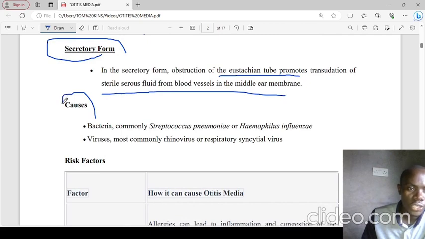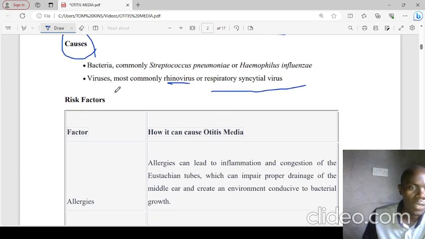The major causes in terms of microbes: the bacteria could be Streptococcus pneumoniae or Haemophilus influenzae. As for the virus, it's mostly the rhinovirus or the respiratory syncytial virus. Okay. What about the risk